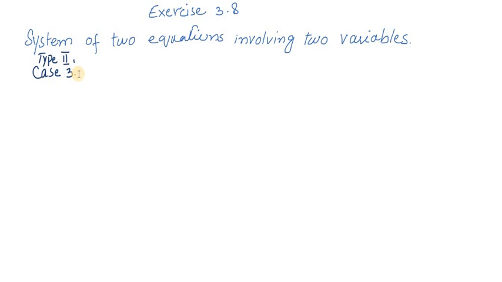Students, we are discussing systems of two equations involving two variables. In the last session, we discussed type 1 and two cases of type 2. There we have two equations for finding the two unknown variables. So we are going to discuss type 2, case 3. In case 3, one equation is in the form of